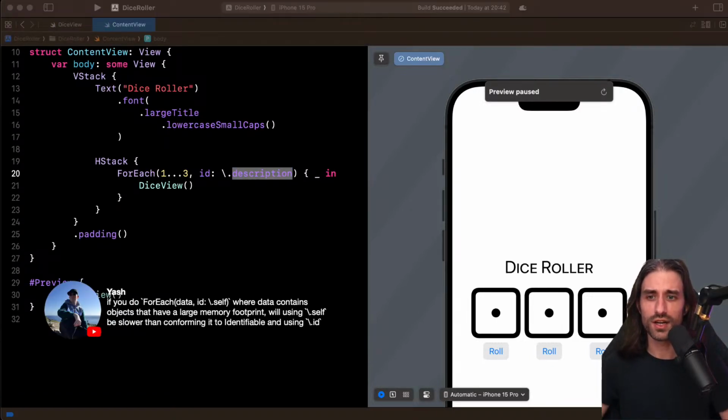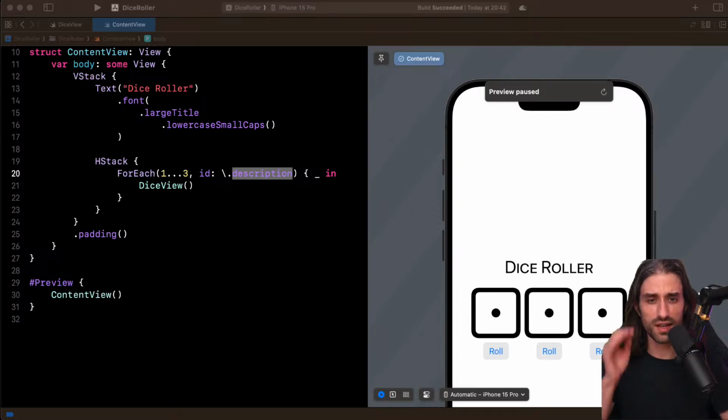Interesting. If you do ForEach where data contains objects that have a large memory footprint, will using \self be slower than conforming to Identifiable and using ID? I would say, and I haven't tested it, so it's only an educated guess, that using id: \self is probably the same as using the protocol Identifiable, because under the hood, the algorithm that SwiftUI runs needs an ID, and so it's going to access this ID either by invoking a key path on an object or by calling the property id on the object.